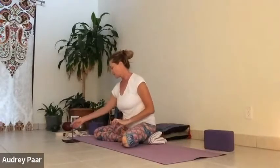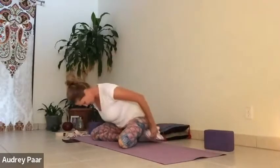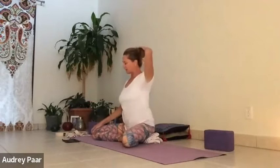Take a few moments, find a comfortable seat, and allow your eyes to close. Take a nice full inhale here. And let it go. Just allow yourself to arrive into the space, onto your mat, and into your body. Take a few moments just to arrive,